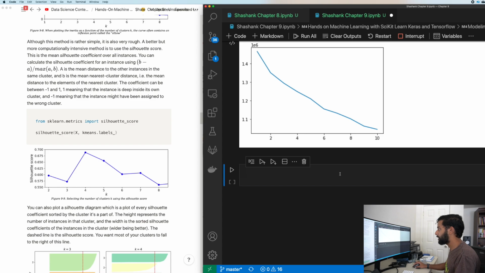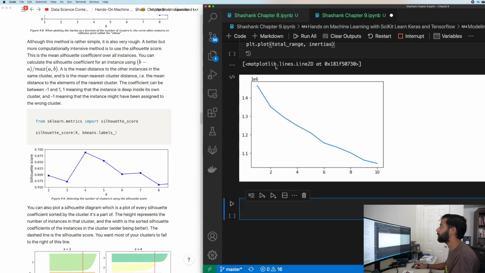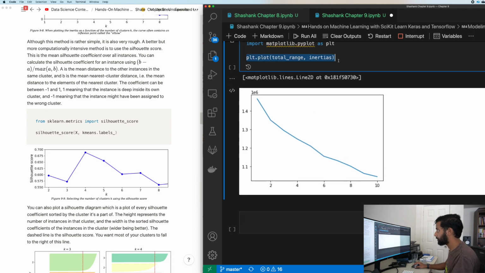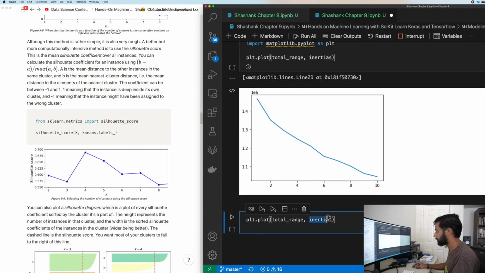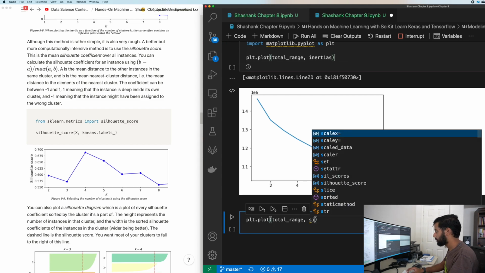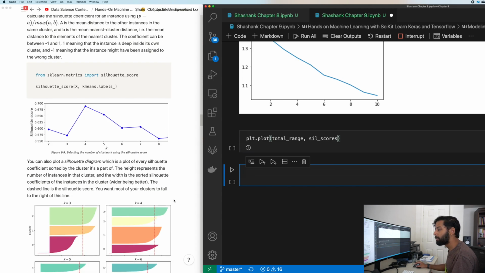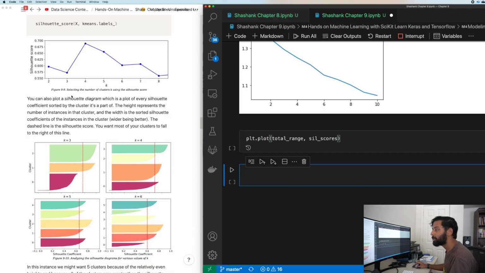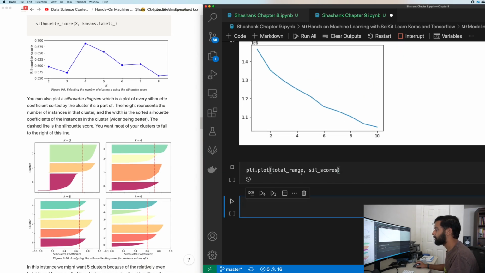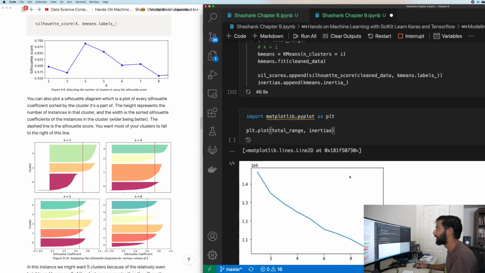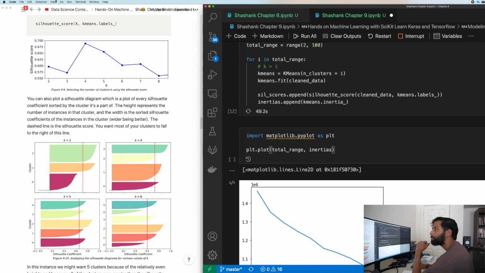So we'll plot this over here, and then I want to also plot sil scores. There we go. And that plot should show up in a second. So I'm gonna go grab some water. Oh, actually, no, never mind. Let's go ahead and go over this first while we're waiting for that to run. So we'll know when this graph reveals itself that it ran, or we can just stay over there.